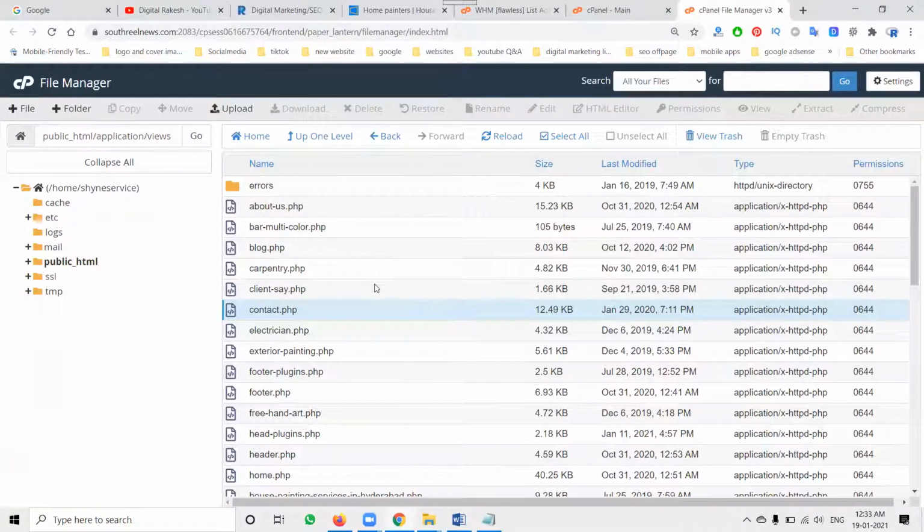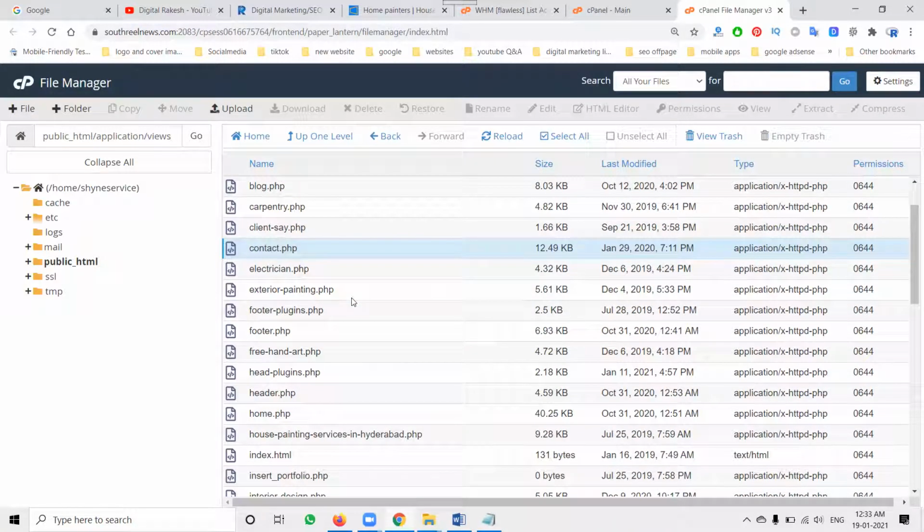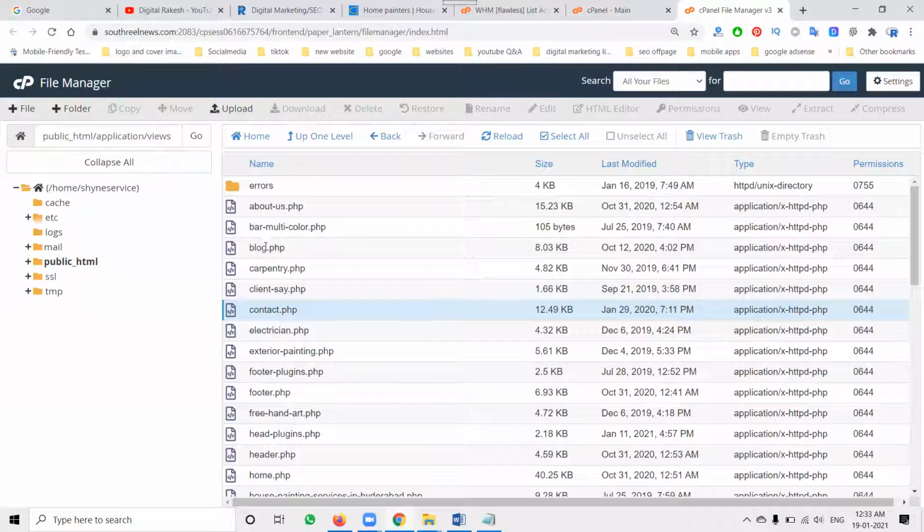So for individual pages, how much time will be taken? It takes a long time. So that is the purpose. Posting on one common page is more important. So here, blog.